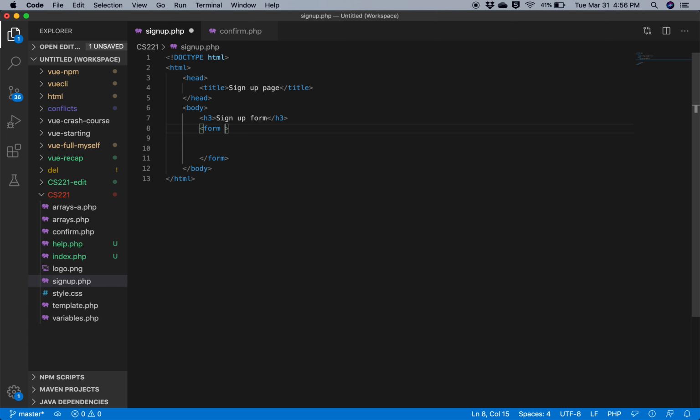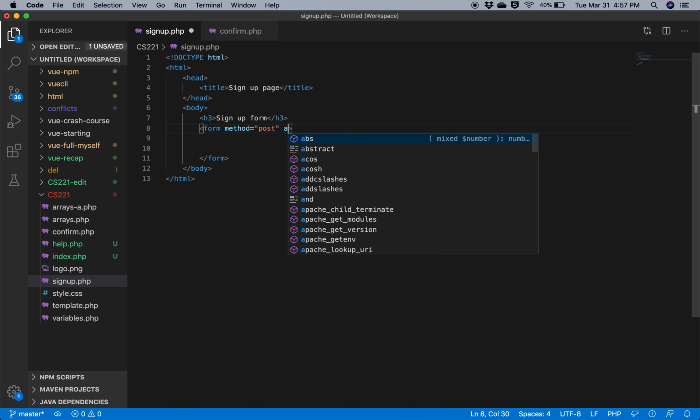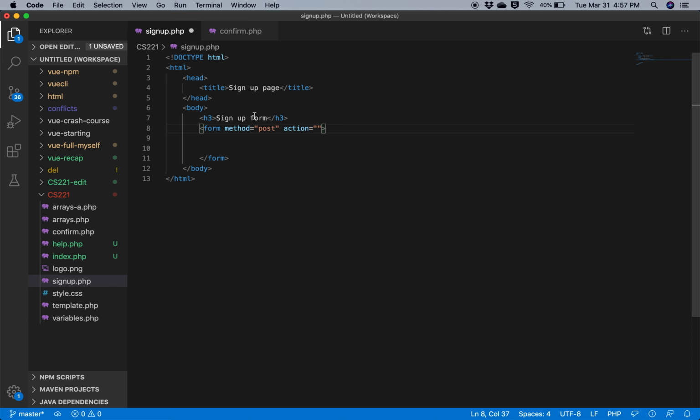It takes two different attributes, the method, which is like the HTTP method that's going to be used to send the data. So we're going to do post in this case, and then action, which is going to be once we submit the form, what's the next page that the user are going to go to. In this case, it's going to be confirm.php,